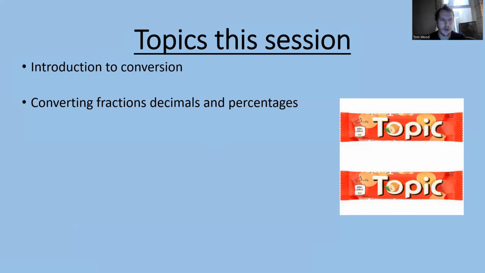So we've got how to convert between all these different types of number. Again, think about the shoes. They are all the same thing. They all have the same job, but sometimes it's better to use one than it is another. As we saw in that example a minute ago, it was easier to compare as percentages than it would have been as fractions,